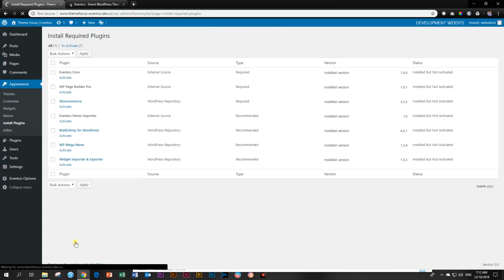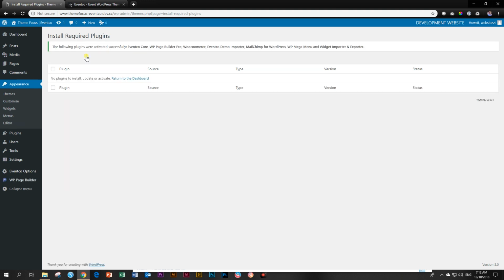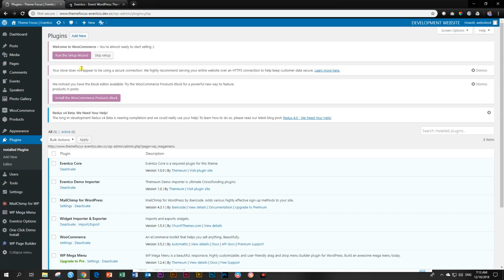It will take you back to the plugins because they've been installed like usual, but they've not been activated. So let's click them all, bulk actions, and we say activate them, and say apply. And then boom, they have all been applied and activated. After refreshing the page, you will see that you also need to run all these installers for WooCommerce. I'm not going to do that, but I would say the next thing you would probably need to do is